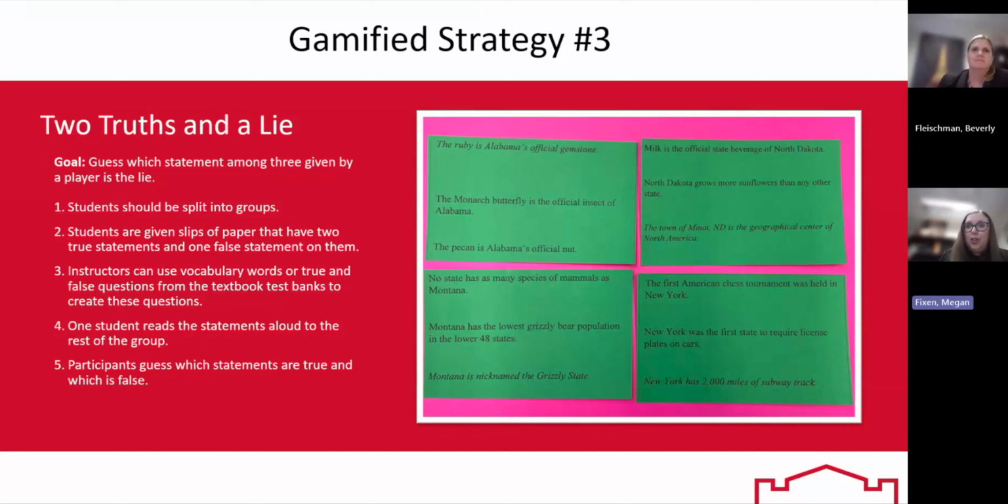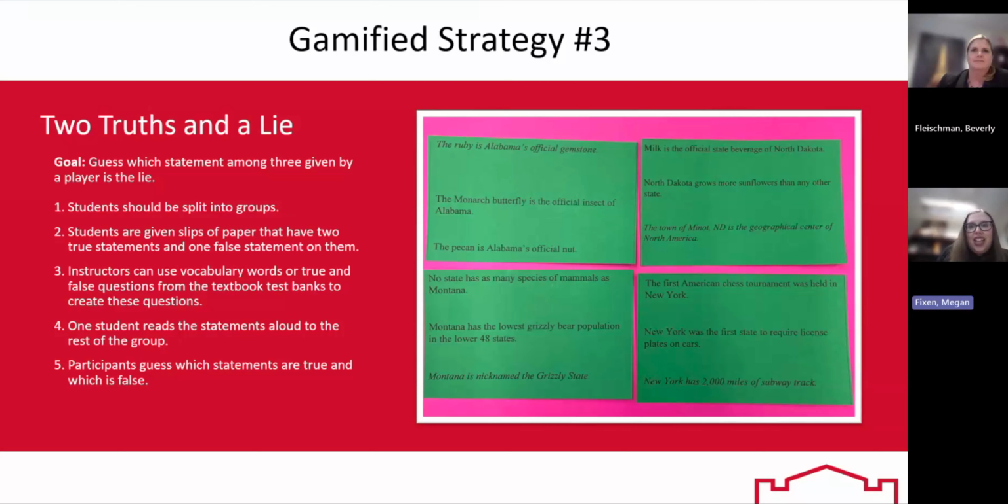This is a really nice game because it's fun and familiar, so students feel confident about understanding it and they're very likely to participate. It's a good activity to do at the end of a class period if you have 10 or 15 minutes left and you'd like a little activity to reinforce what you've taught. This one is great because it really requires students to recall and apply what they've learned, and then thoroughly analyze each option and think about why they are true or false.